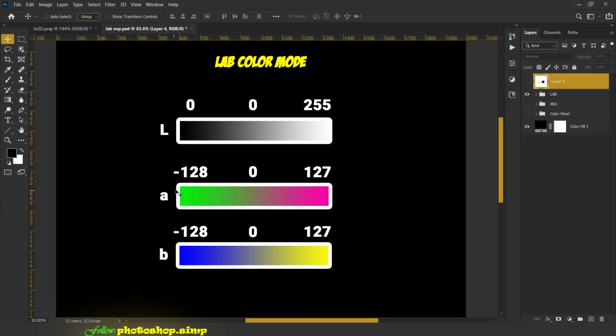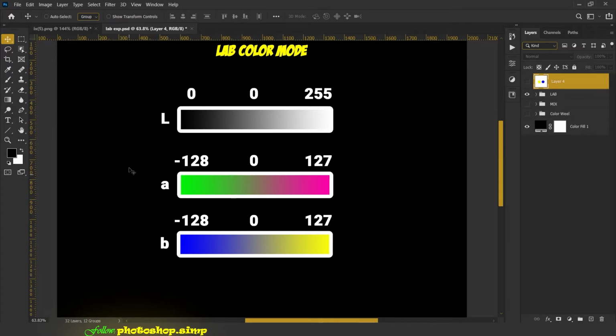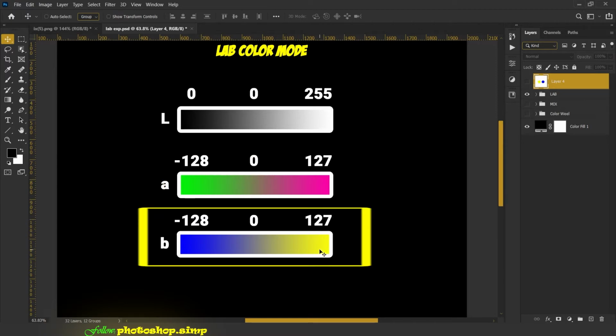So we'll go to the A and B channels. Let's head over to the A channel. The magenta areas of the image will be brighter in the A channel, because on the right hand side, that is the bright side, we have magentas. And if the areas in the image are green, those areas will be darker in the A channel. Similarly goes for the B channel. If the areas have a lot of yellow, then the channel will be brighter in the B channel